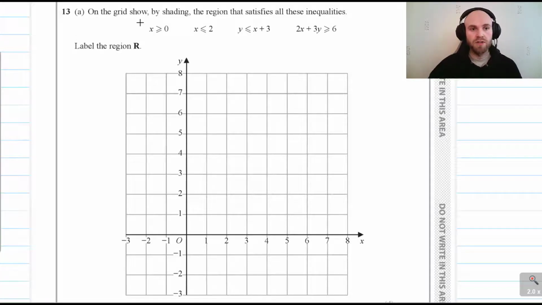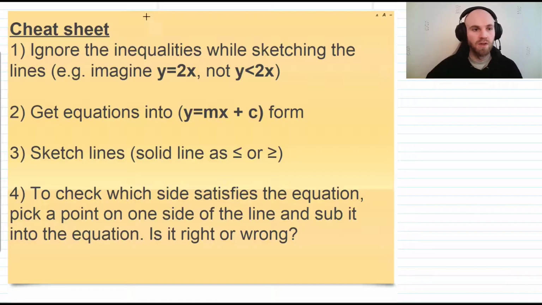Question 13 there. On the grid, show by shading the region that satisfies all these inequalities. So we have x is greater than or equal to 0. X is less than or equal to 2. Y is less than or equal to x plus 3. Label this region R. So if we go to the cheat sheet, to begin with when we're sketching, we're just